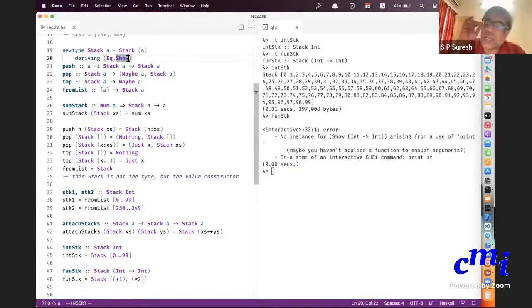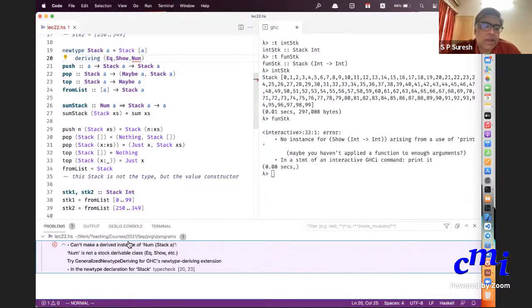But there is a difference between num and this thing. If you just say num, let us see what it does. It will say no. Why will it say no? Because it doesn't know how to derive a num.